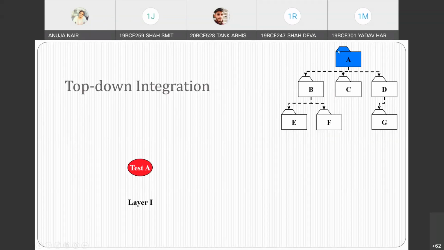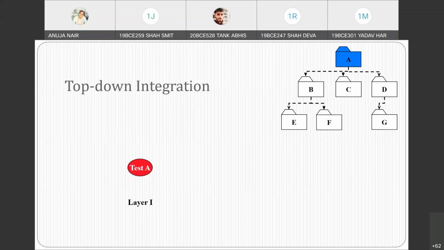Test A individually. Integration test का मतलब क्या है? Multiple unit tests when you are combining, it becomes an integration test. So for the integration test to be completed, all these modules should be separately tested first, right? All these modules, even though it is a stub, the consideration is that it has been separately tested. Unit test is performed on all these modules separately. Then only you can perform the integration test. So what is your layer 1? Your layer 1 is the topmost module, which is test A.